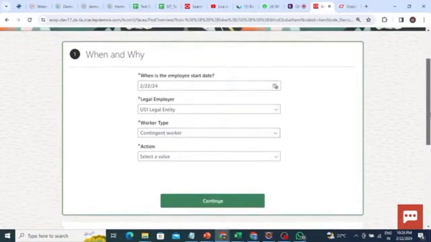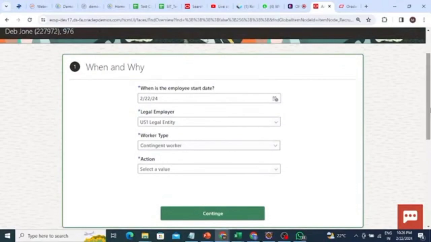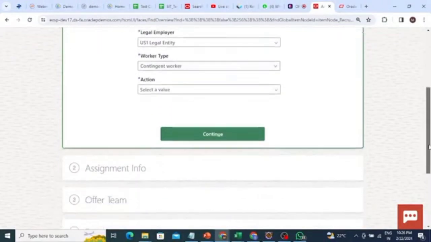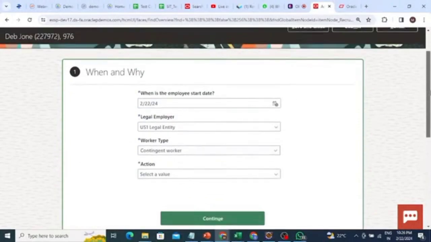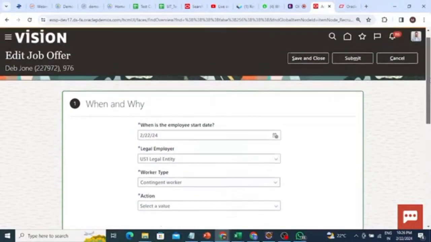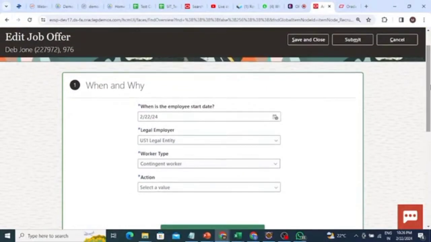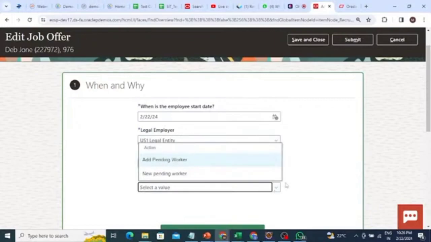like whatever we have filled on the job requisition stage. Some few fields are auto populated over here, like it is fetching data from core HR, whatever we have entered earlier. So here a recruiter is supposed to fill employee start date, this legal employer, worker type, and action drop down. Like legal employer, we don't need to change, but here in action tab, currently whatever the